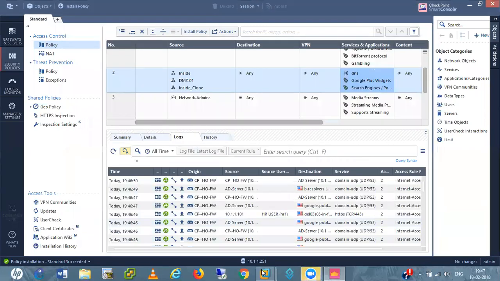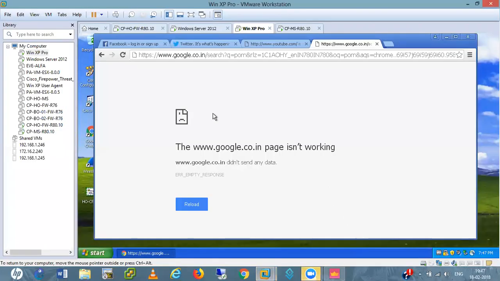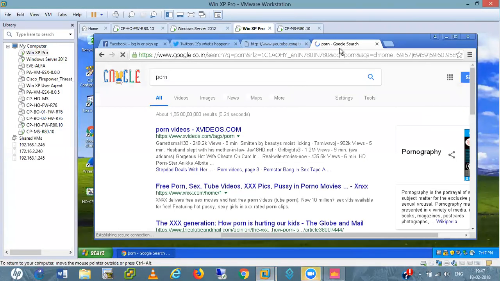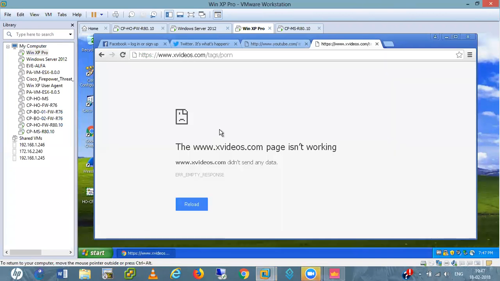If I go to my system again and refresh, see, Google is working now because we allowed the search engine. If I open this other website, it is not able to open. It is basically denied.